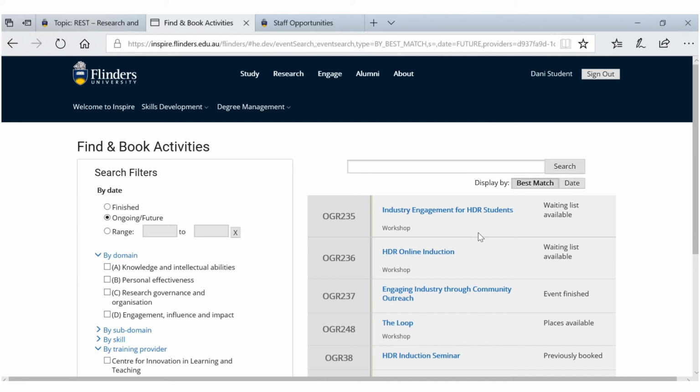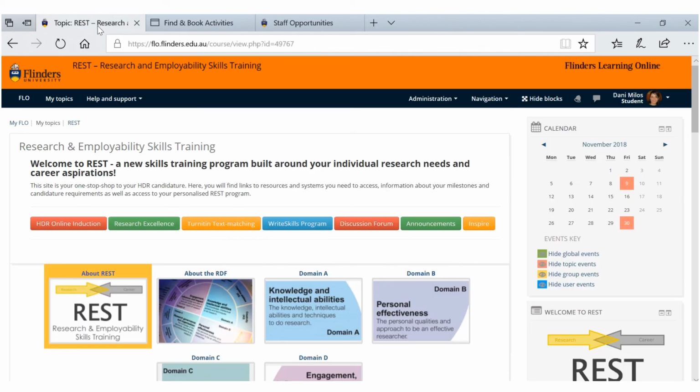Alright, well that's pretty much it from me. That was a quick overview of REST and of Inspire, how those two work together, what your requirements are as a HDR student. So if you have any questions, feel free to get in touch with me via email,